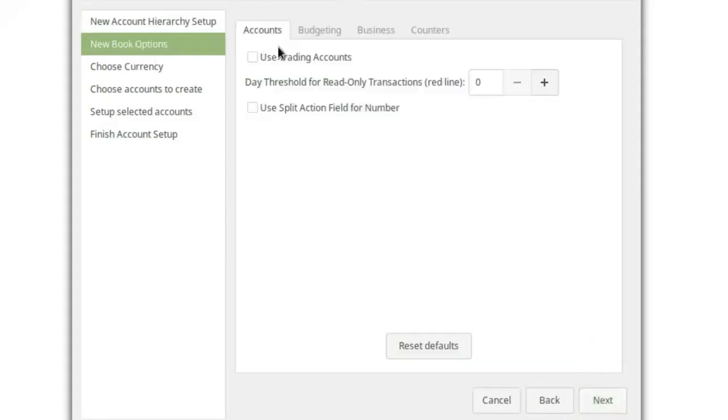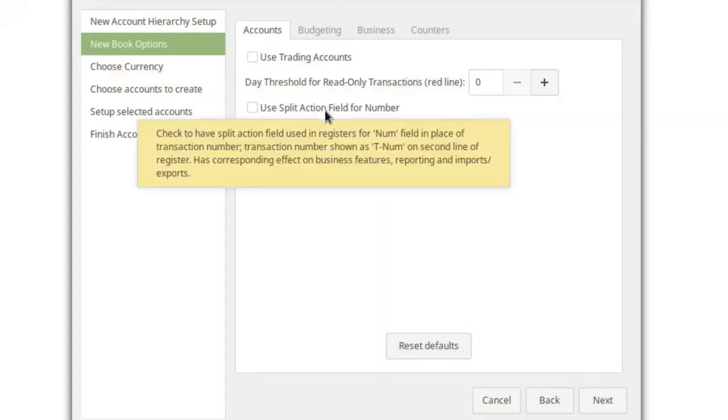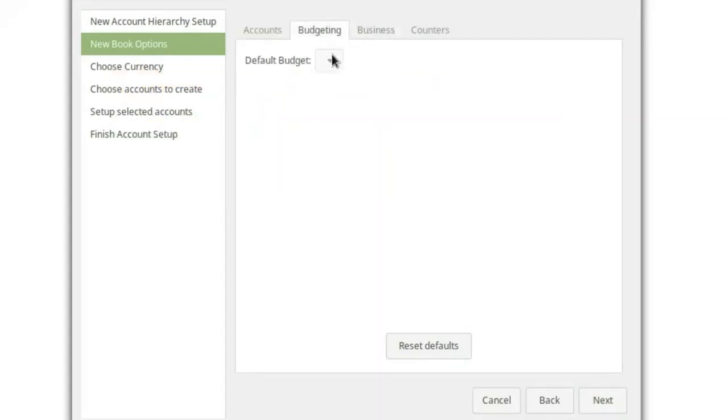Hit next, and then we can use trading accounts. We can use split accounts for field numbers. Default budget. If I built a budget in, we can add a budget later. I have not actually experimented with budgets, although as I'm looking at doing some advertising type stuff, that's something